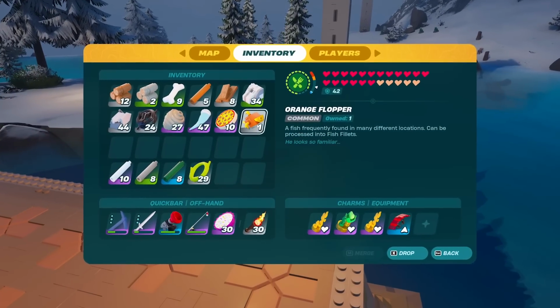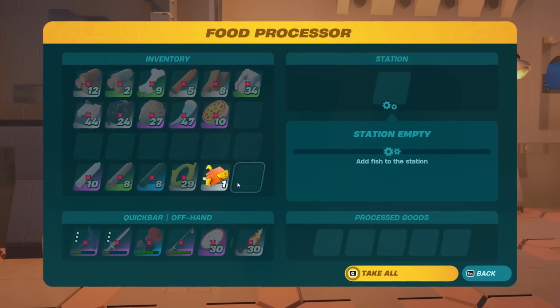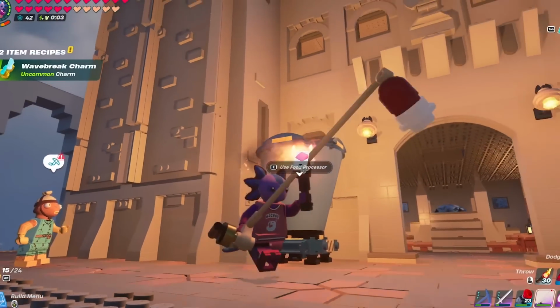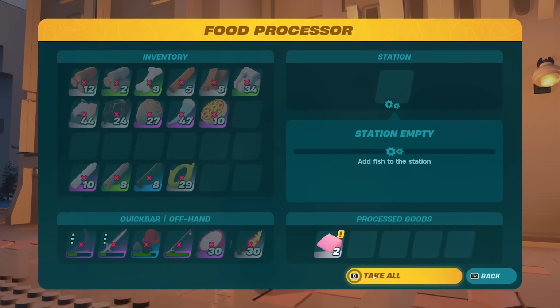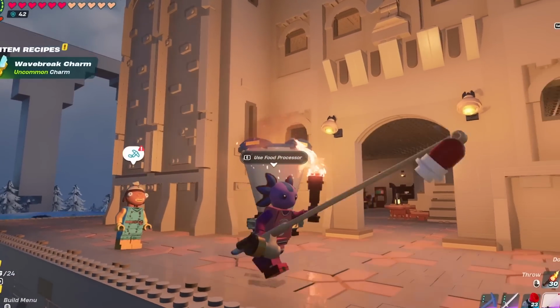So we got a common orange flopper, which is totally fine because I think you need one of these in order to come back over to our food processor, deposit it, and as you can see, now we're making a new item called the fillet. The reason I'm immediately doing this, oh wait, we need to actually grab it from here. So we'll grab the fillet, and the reason that I'm immediately creating a fillet instead of fishing more is because